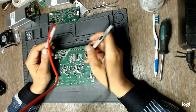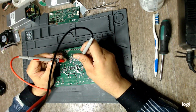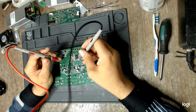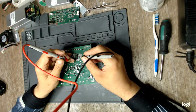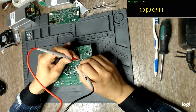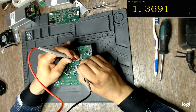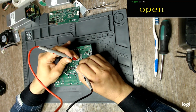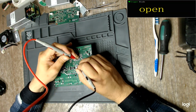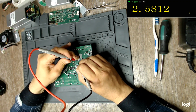When I'm dealing with the power supply, I always suspect main transistors. And these are the MOSFETs from the PFC, and this is the diode. You know, 20N60, 20 amps, 600 volts. Let's see, this is the gate, drain, 1.369, gate source, 0.9, drain source, let's see, not shorted, yeah,